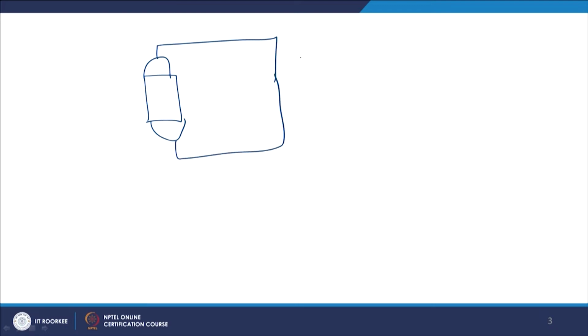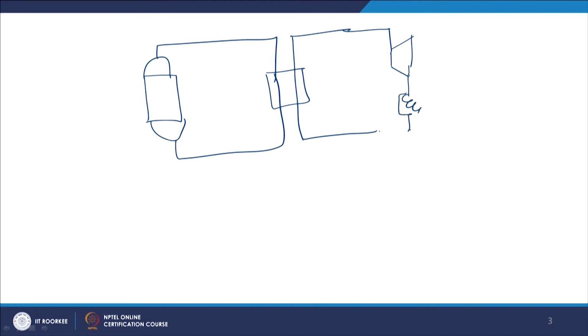If you draw this reactor, suppose this is the reactor core. There is a heat exchanger. This we have done in the previous lecture also. Then after the heat exchanger, there is a turbine, condenser, and then a pump, and this is how the water is circulated. This is the primary circuit, this is the heat exchanger. And a pressurizer is provided here.